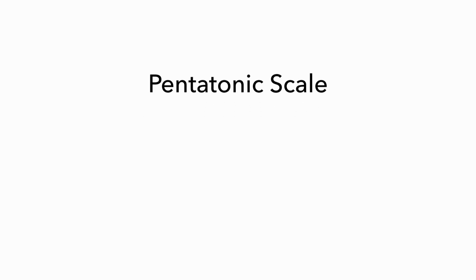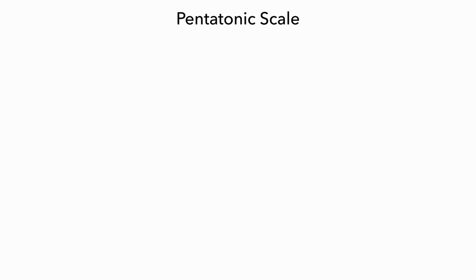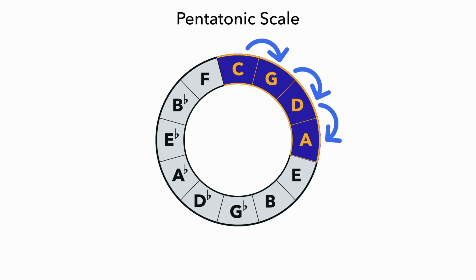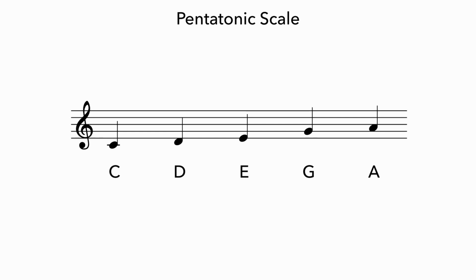Enter the pentatonic scale. The pentatonic scale, which consists of only 5 different notes, is one of the oldest and most influential scales used by humans, and we find versions of it in pretty much every traditional harmonic system around the world. Once again, we can easily create a pentatonic scale by using a chain of fifths. If we begin on C, that leads us to G, D, A, and E. We put these notes into the same octave, and voila, a complete pentatonic scale.